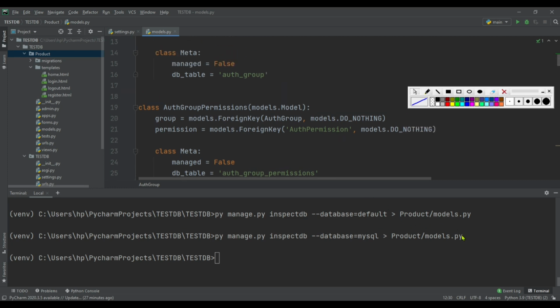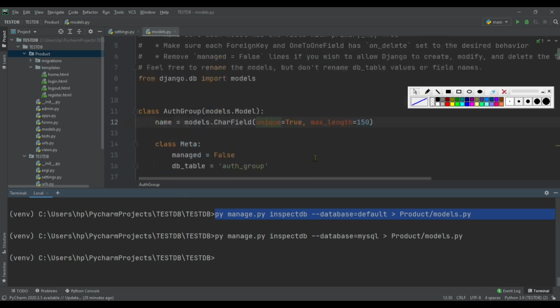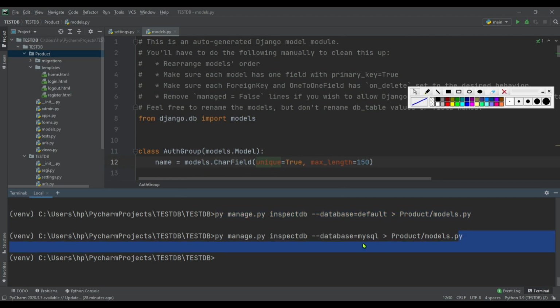So when we run this command, it removes the already available models and it imports freshly available models from the database. So previously we imported tables from Microsoft SQL Server. Those tables are replaced with MySQL tables. What if we want to keep tables from both the databases in the same models.py file?